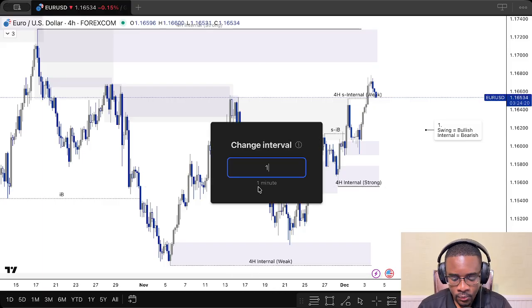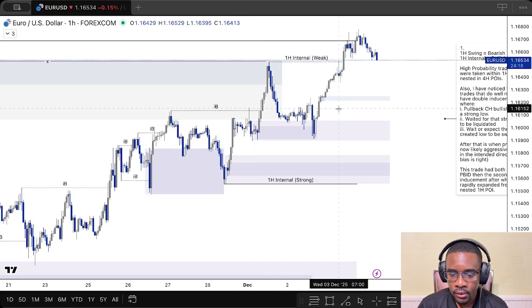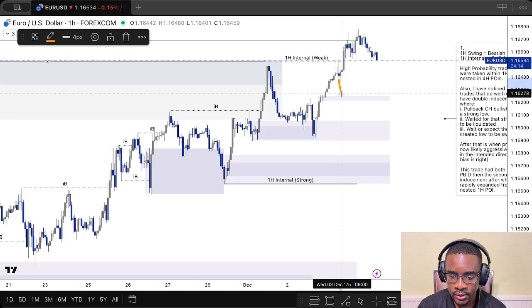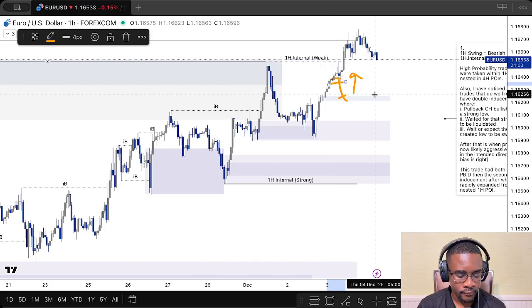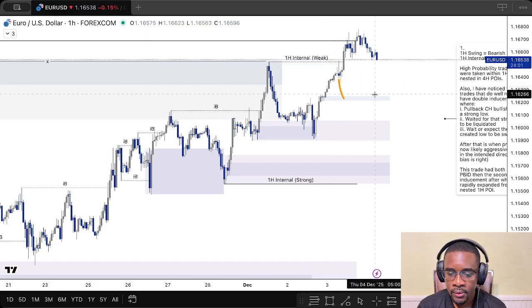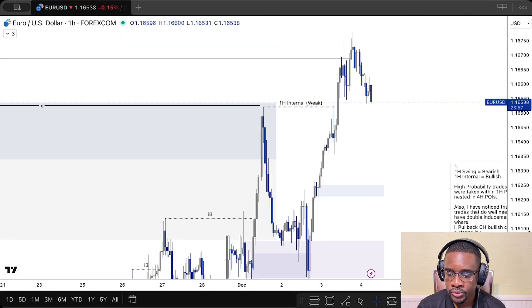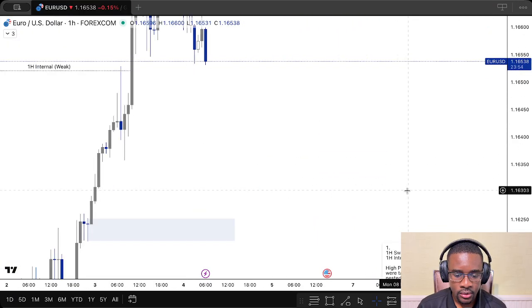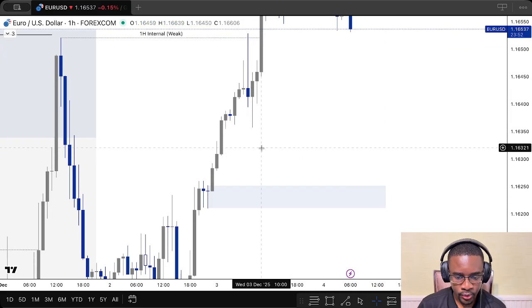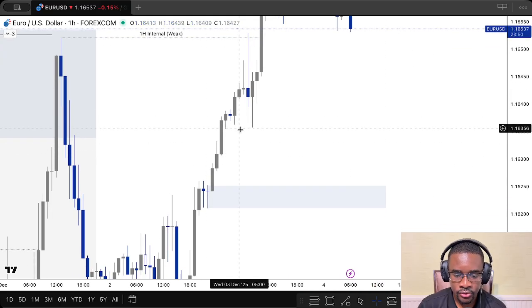Then on the 1-hour, I was expecting price to at least mitigate this POI before we start looking for longs. However, price just stopped here. That wasn't a very clean or good POI, which is why I did not mark it, because there's no fractal structure break. It's just